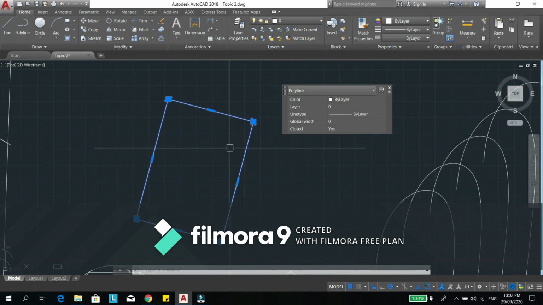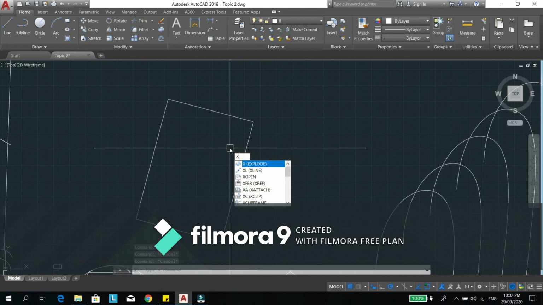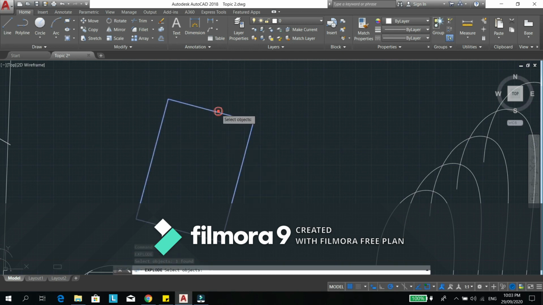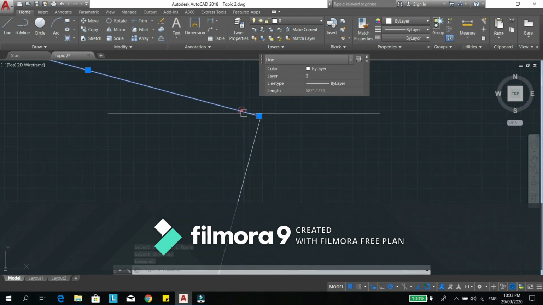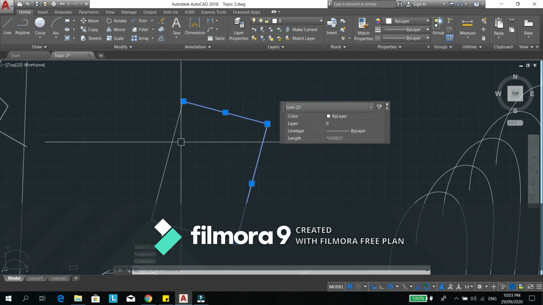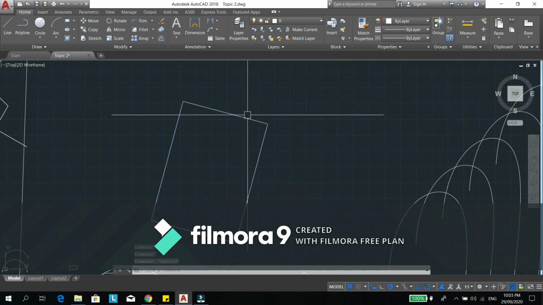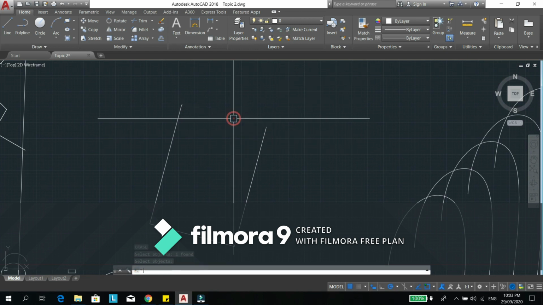X, enter, then click the object, enter. The lines will not be continuous. So you can, if you want to remove this,